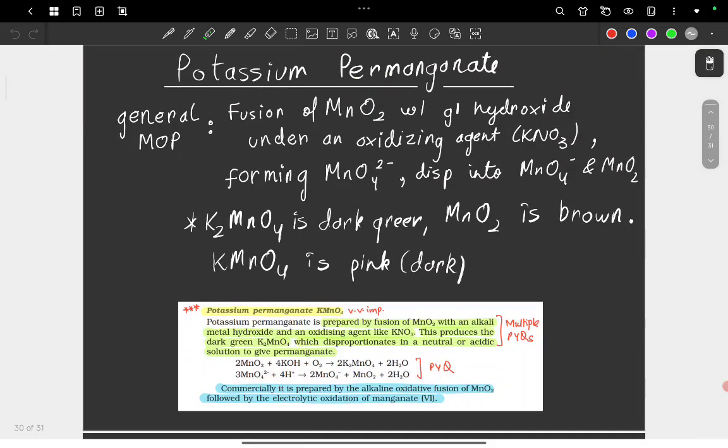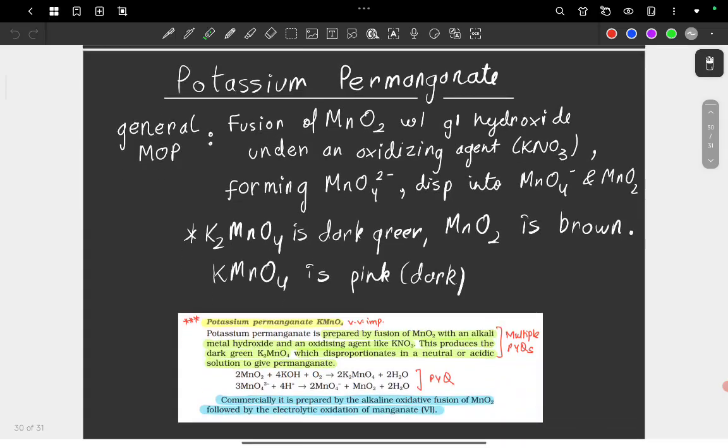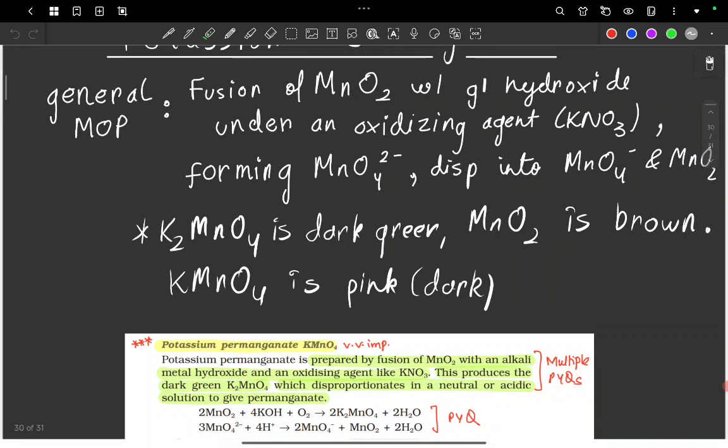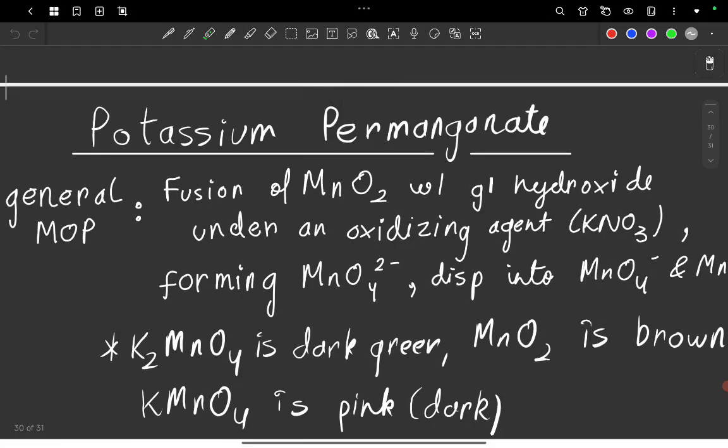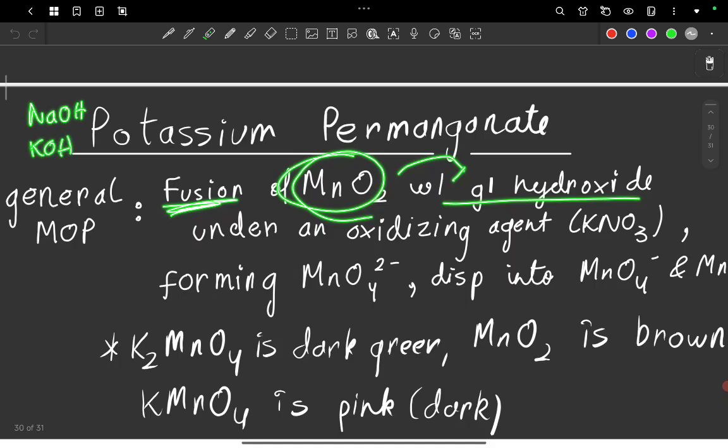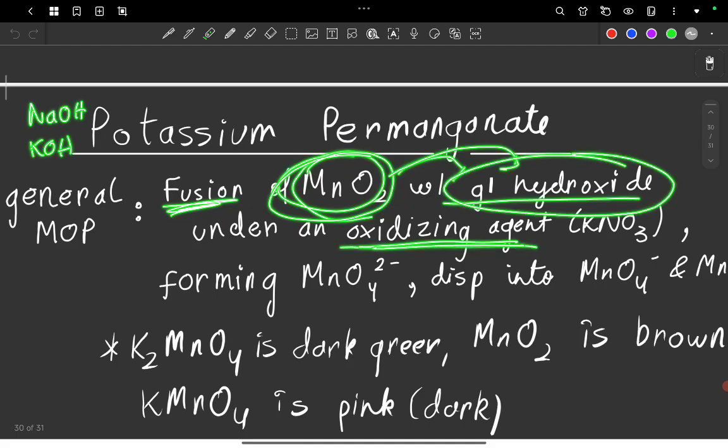Now potassium permanganate. What is potassium permanganate? This is slightly more complex, but we'll do it. How is it prepared? Remember this statement: direct PYQ came. Fusion of manganese dioxide with a group 1 hydroxide like NaOH or say KOH. So if you fuse manganese dioxide with this group 1 hydroxide in the presence of an oxidizing agent, and NCERT specially mentions KNO3,